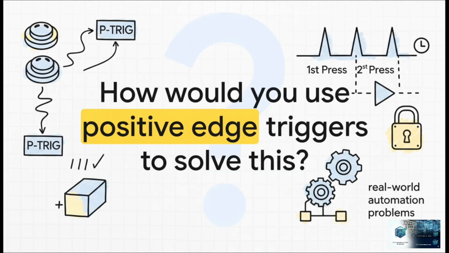And that brings us to our final thought. With everything we've just talked about, think about that challenge again. How would you use those positive edge triggers, maybe with a counter, to tell the difference between the first press, the second, and the third? That right there is the key to unlocking this puzzle and so many other real-world